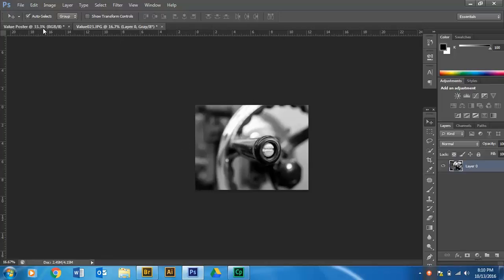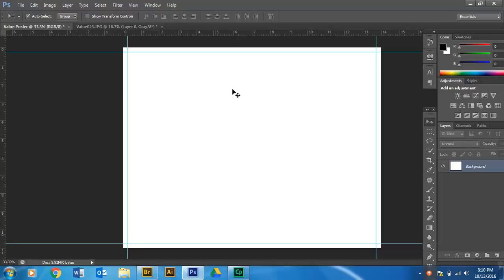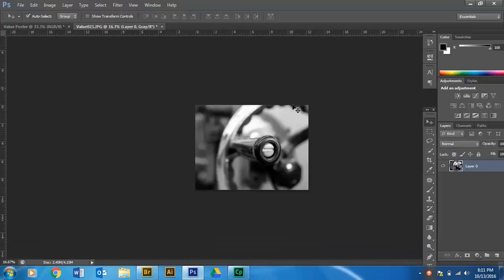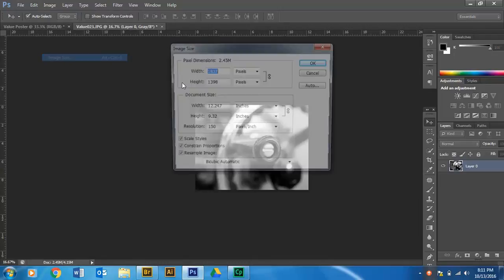Maybe you want all squares, like you want 3 squares here, 2 squares here, and then leave a space left over for the thing that you're going to write about. So I'm going to need to write about value in here. Or you might decide that you want to highlight one of your photos. So I'm going to go into here, image size,